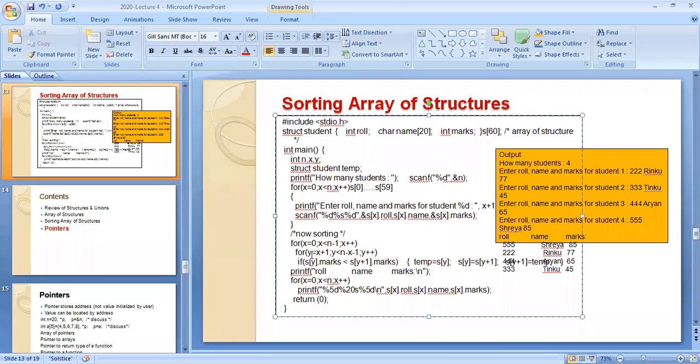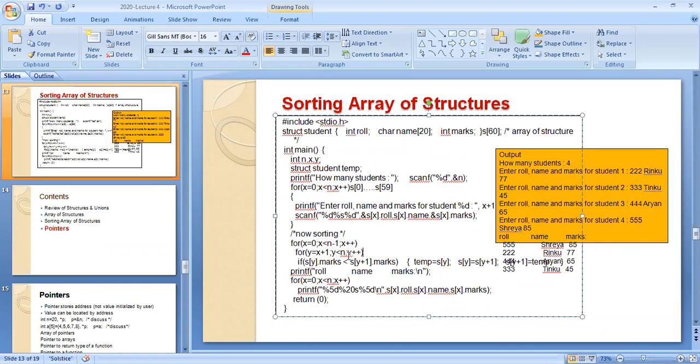X will start with 0, y will start with x plus 1. X will end one position before the last element, so n minus 1 only. Y will end, as you put x plus 1 on this side, with n. Understood? That is the only concept, and it is a very easy logic. X will be at 0, y will be at the next element after x, that is x plus 1. X will end at the last but one position, y will end at the last position.